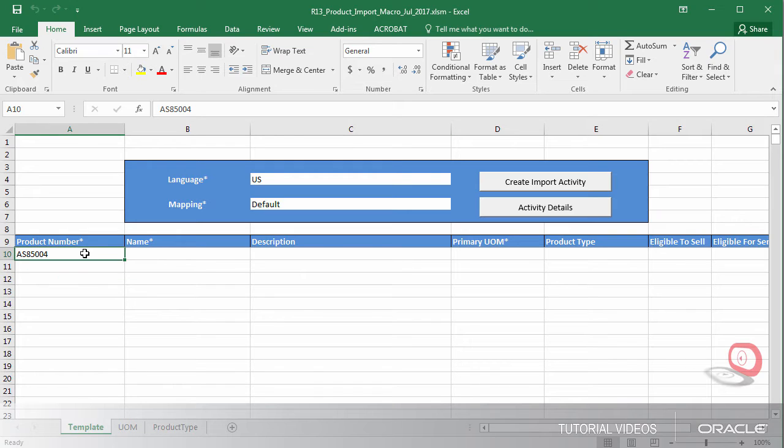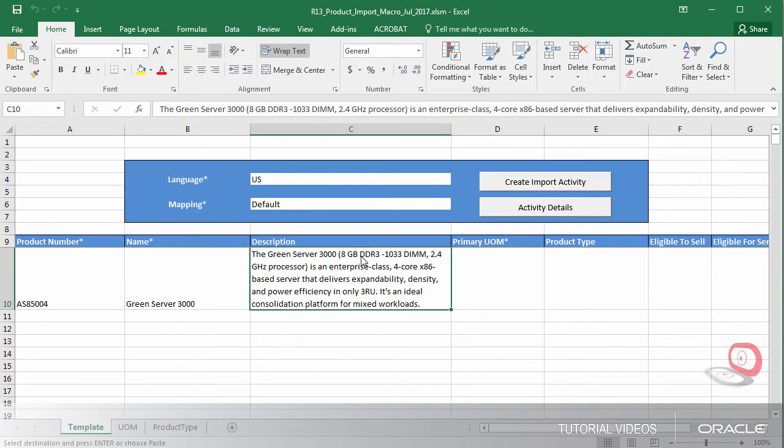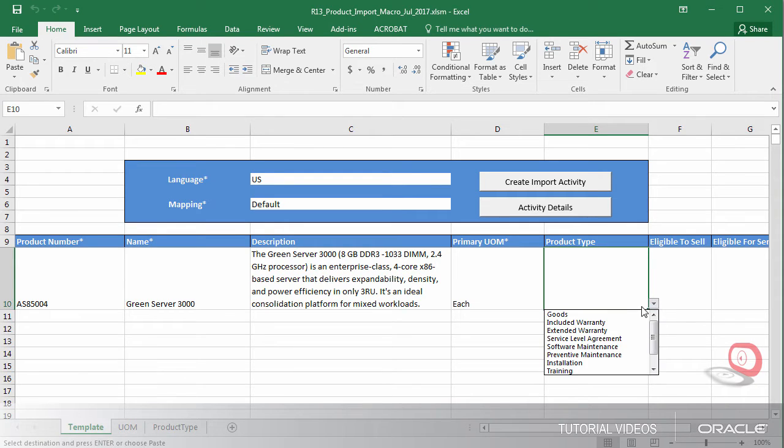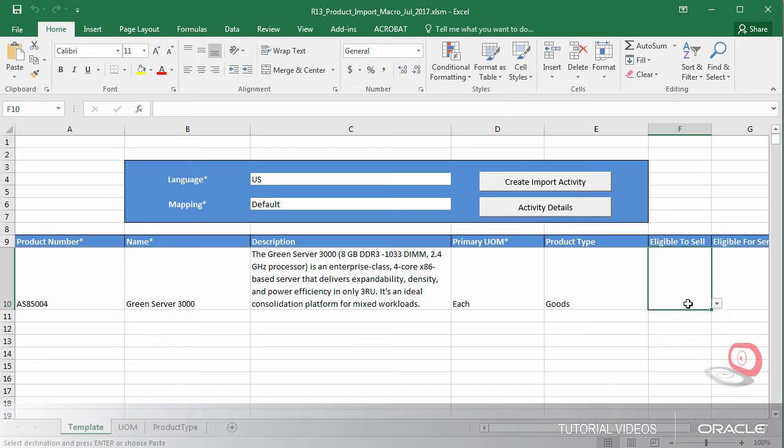You enter the product number, which can be any combination of letters and numbers, the product name as it will appear in the catalog, and a text description. Enter the primary UOM. That's the default value that users see when entering the product in an opportunity or lead. Enter the product type. Enter Y in the Eligible to Sell column to make the product visible in the sales